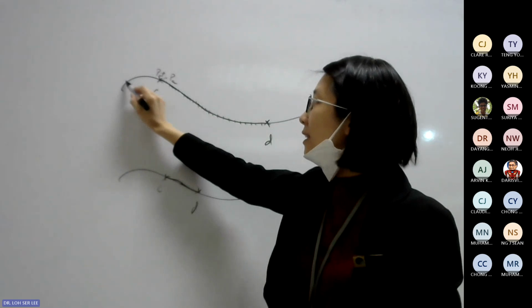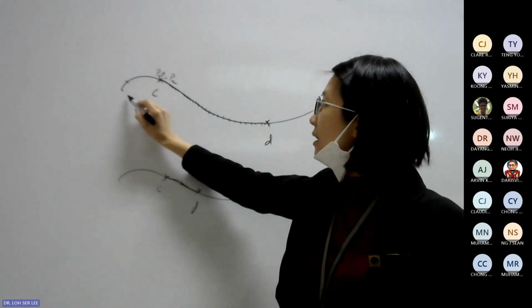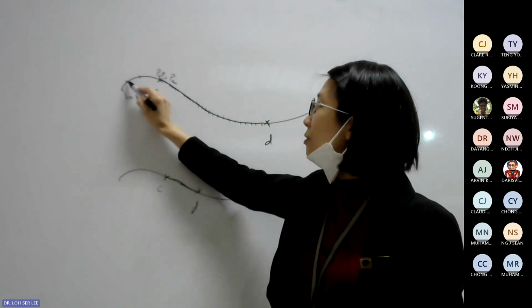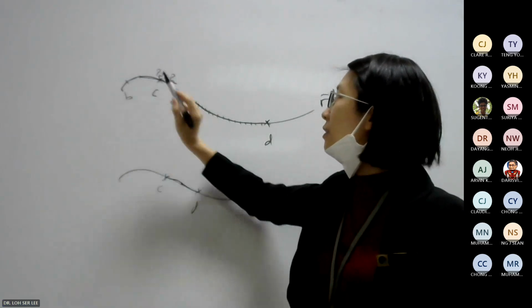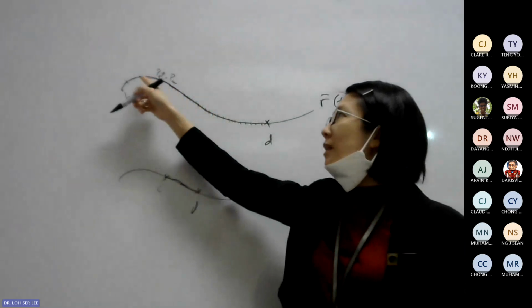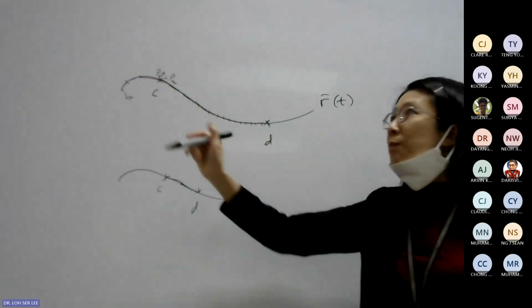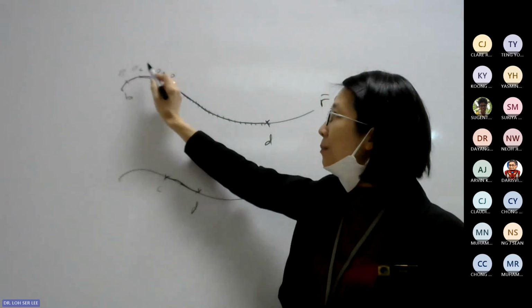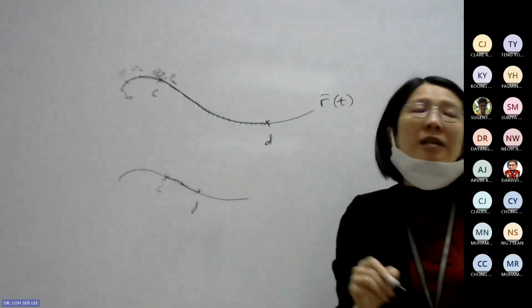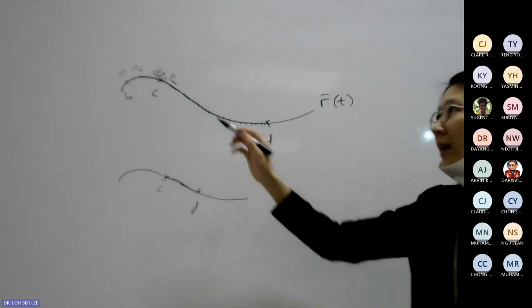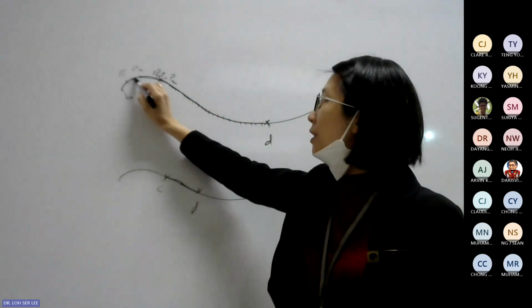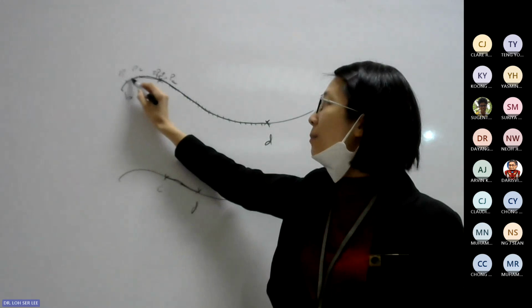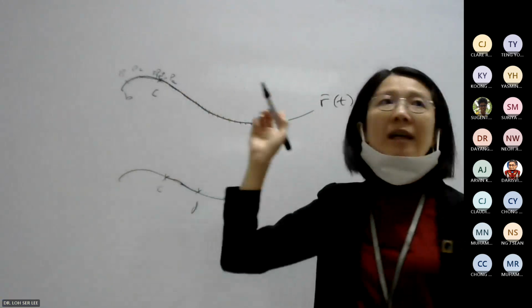Let's say we want to find the length from B to C. If we have only 2 segments, we sum up the lengths: the P1 to P2 length and the P2 to P3 length. Compared to that, if we break this into infinitely many subintervals and sum up the lengths, this will give us